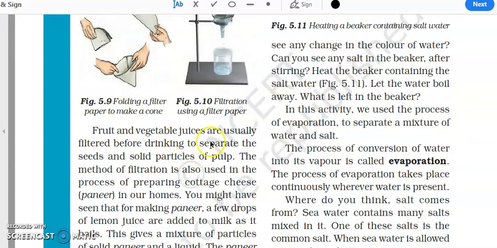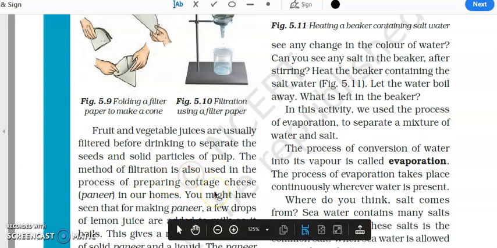Fruit and vegetable juices are usually filtered before drinking to separate the seeds and solid particles of pulp. So this method of filtration is also used in preparation of fruit and vegetable juices when we have to separate the seeds and pulp from the fruit juice. This method is also used to prepare cottage cheese or paneer.